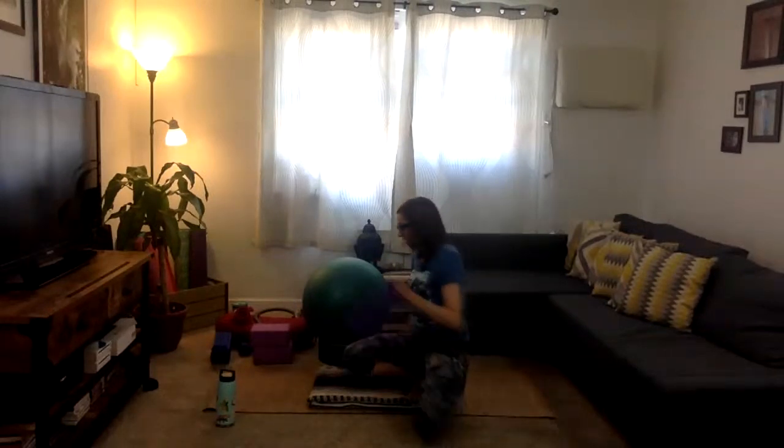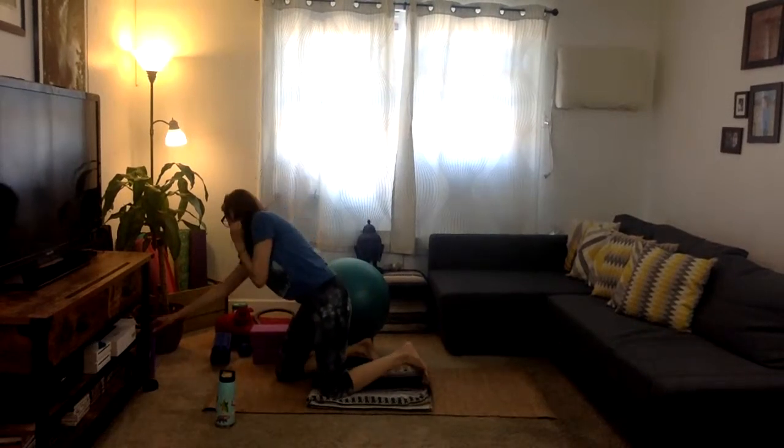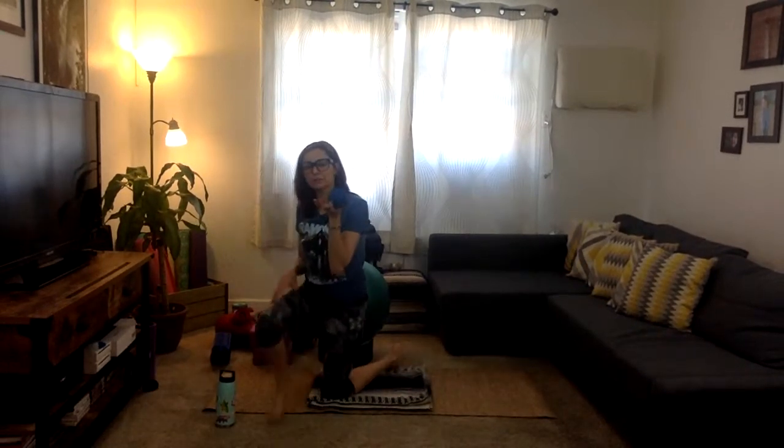It's great for loosening up your muscles, especially if you have a tight area. I usually like to stay in that tight area a little bit longer and just really breathe through it because it can be quite painful sometimes. And then I have my acupressure ball